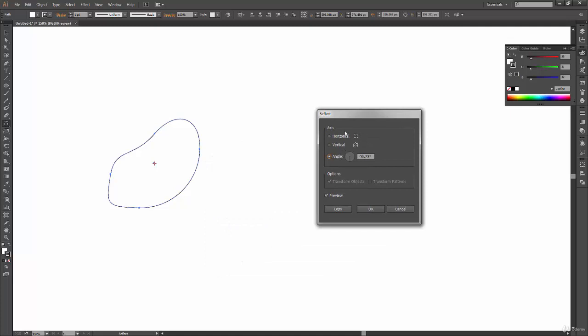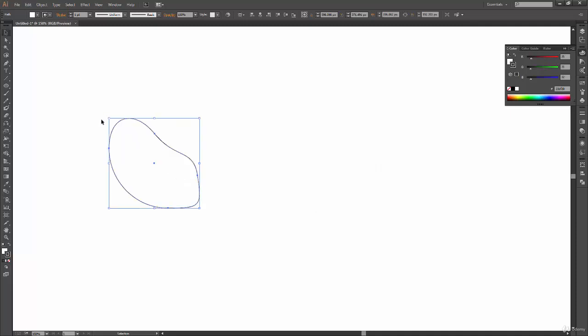Now here we have two options first of all, which is horizontal and vertical. Now this is actually the axis along which you want to reflect. You would have remembered when I was mirroring or reflecting the shape before, I said that it's reflecting across vertical axis. So from here you have the ability to define whether you want to reflect it along horizontal axis or vertical axis. So let's say I choose horizontal axis. So my shape is now mirrored across horizontal axis. And you would not be able to see much difference now because we have only one shape.